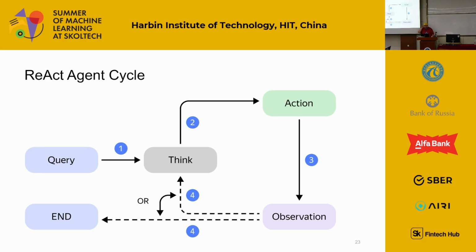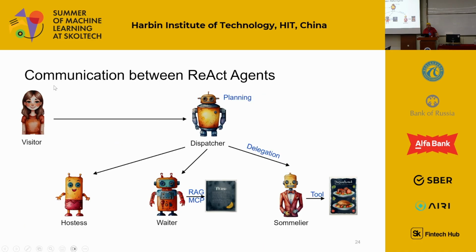Again, how this works: we start with a query. We ask the LLM, you have this problem, please decompose it into parts and say which part to do next. So this is the thinking phase. Then the act, we execute the code. We get the result, so this is observation. And then the LLM looks at this result, and we say, please look at the original plan, revise the plan, and tell us what is the next step. And then it goes in the loop until the result is obtained. So this is called ReAct agent. ReAct stands for Reason and Act.